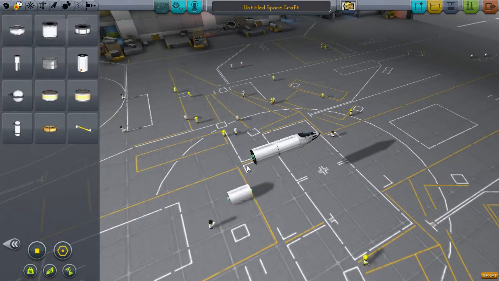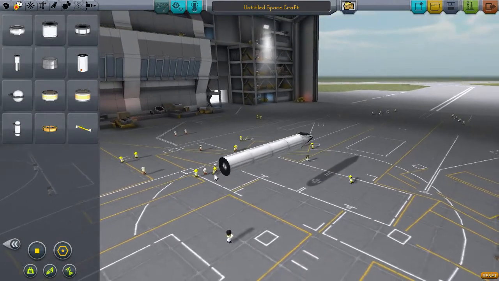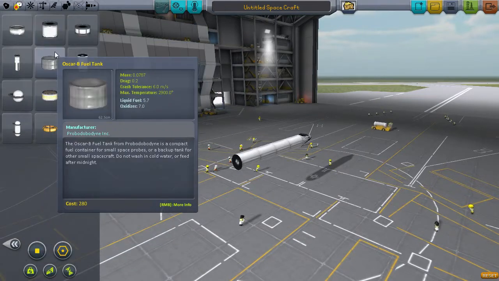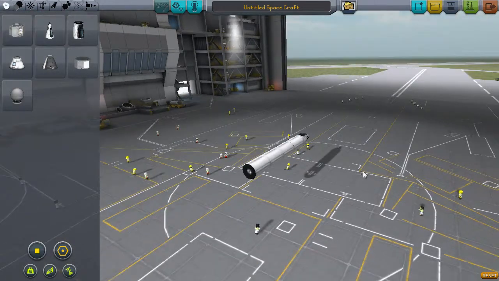I really don't have that much experience with the planes in general, because they're just, ironically, too complicated. Rocket science is much easier to me. I think that's kind of hilarious. But anyway,